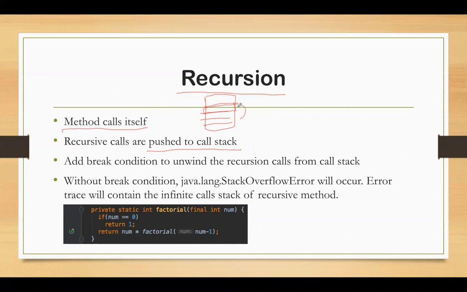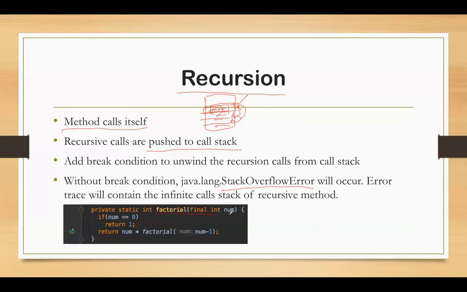In the previous example, we saw the occurrence of factorial of 0, which gave us 1, and from that we come back down. If we do not give any break condition, we'll end up with a stack overflow error, which is nothing but the recursion calls that have piled up over the call stack. Now, calculating the factorial of a number